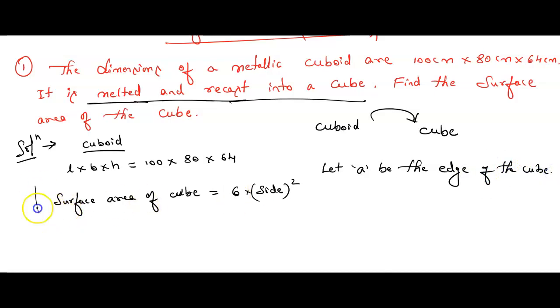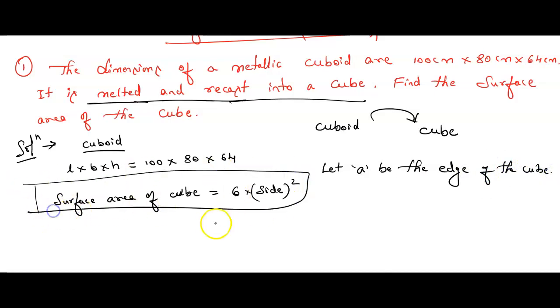Then what is the formula to find the surface area of the cube? That is 6A square. 6A square, where A is the side or edge. We call it edge as well as side, both are one and the same. Understood? 6A square. Now you want A, no? How do you find A? For that we have to use the special case. As I said, volume is required. By using the volume,